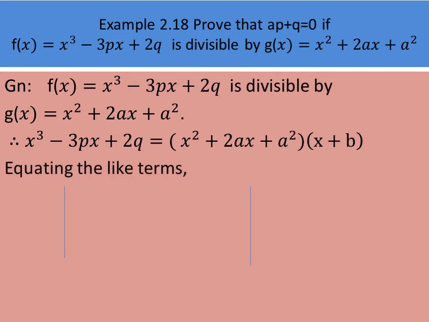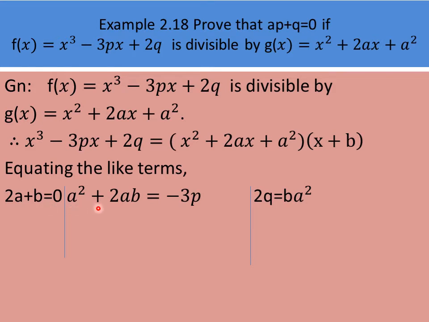So now we can equate the like terms on both sides. So first we are equating the x square term. Okay. Here when we equate the x square term, what we'll get in the left hand side, no x square term is there. So we will get 0. In the right hand side, the x square term, we'll get 2ax into x is the x square term, 2ax square. So the coefficient of x square is 2a. So 2a I have written here. Then one more way we can find the coefficient of x square, that is x square into b, isn't it? So the coefficient of x square is b. 2a plus b equal to 0.